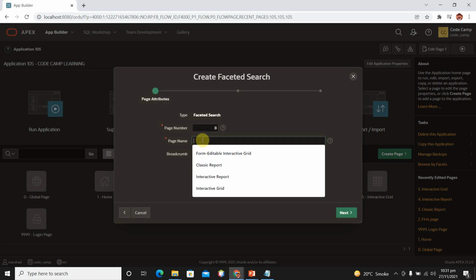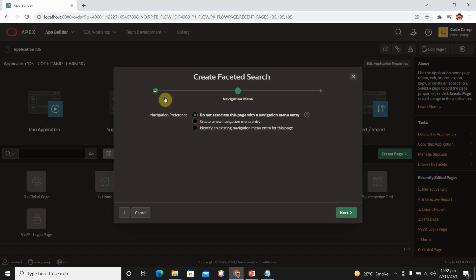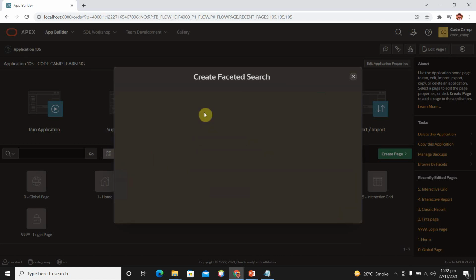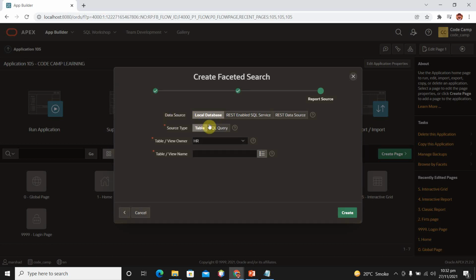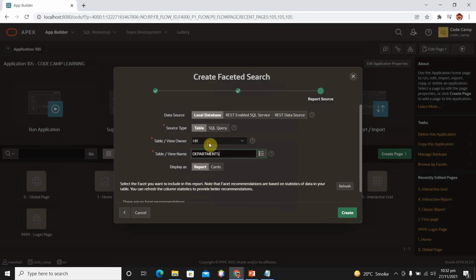The name of the page is faceted search. Next, we need to create a navigation menu entry. Then we need to provide a table, departments.